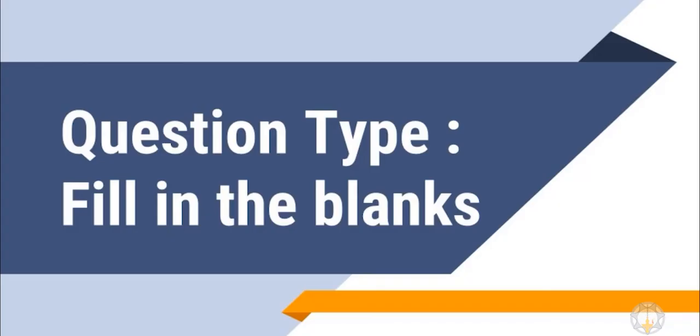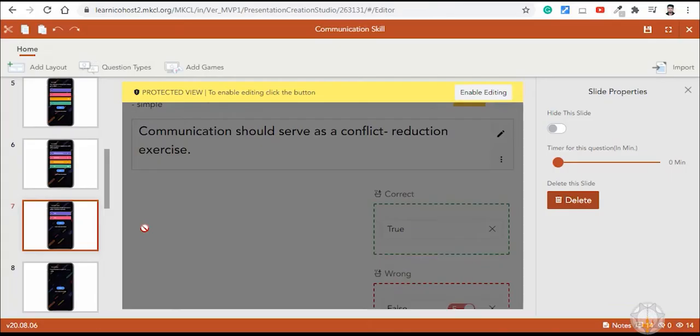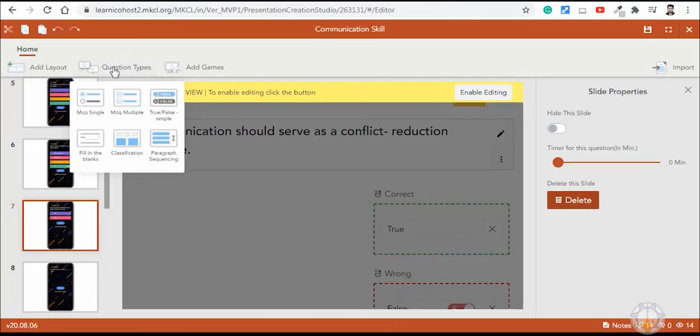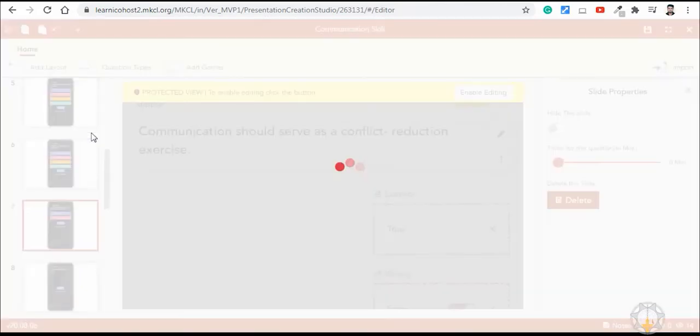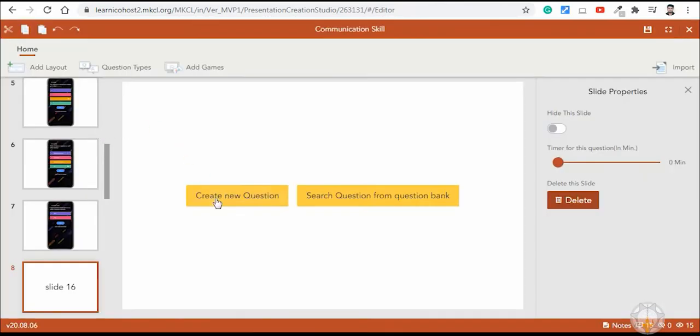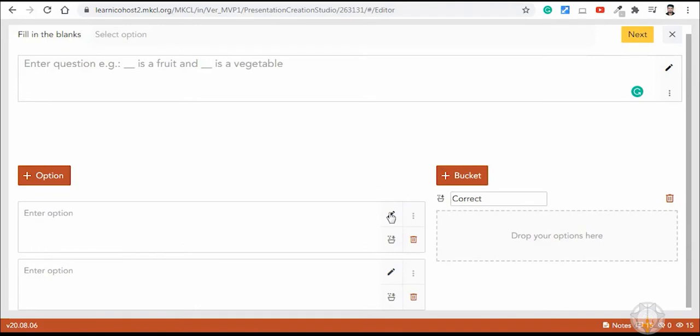Fill in the blank question. Add questions and options by click on edit icon.